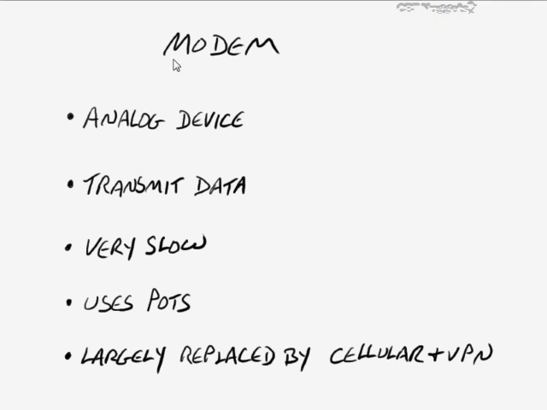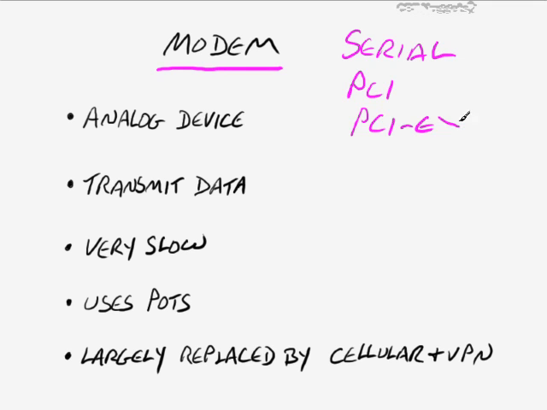Now, just a moment ago with audio modem risers, I mentioned the word modem, and let's go ahead and address that again just real specifically here before we conclude. A modem could be a device that attaches through the serial port of a computer. Those are the really old ones. We don't see those very often anymore. Or it could connect through any expansion slot, such as PCI. You might even find some that are PCI Express. You definitely would see some older modems that were ISA, but that's not even part of the exam objectives anymore because ISA is very much defunct as an interface standard. And then finally, you may also see some modems that connect through USB connections as well.